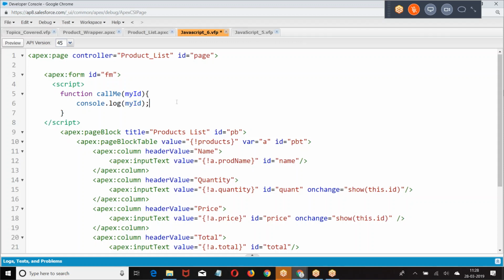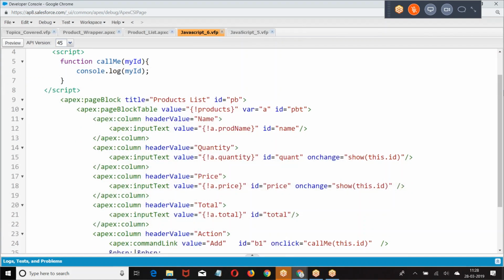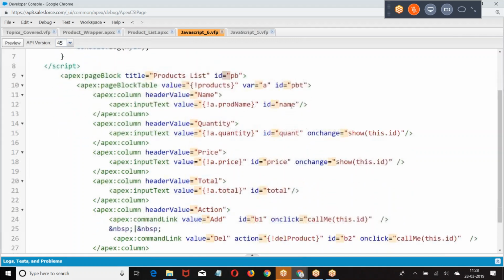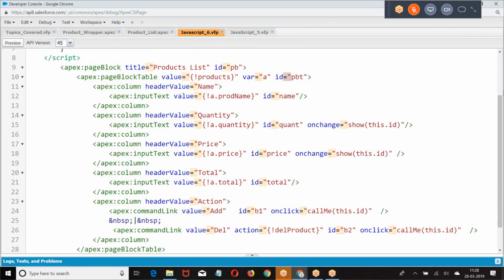The format is right, but somehow the ID is not getting passed. Let me cross check for any mistake. Page, form, page block table.